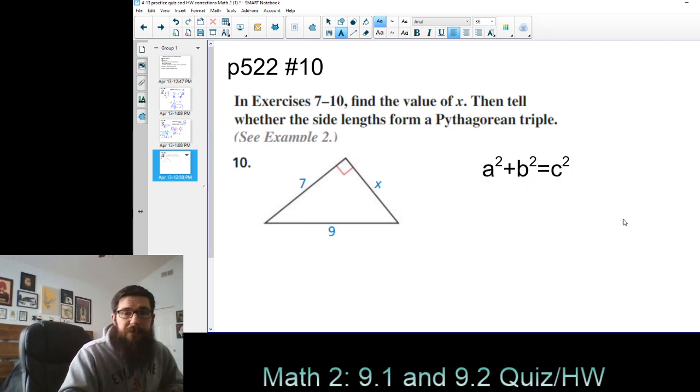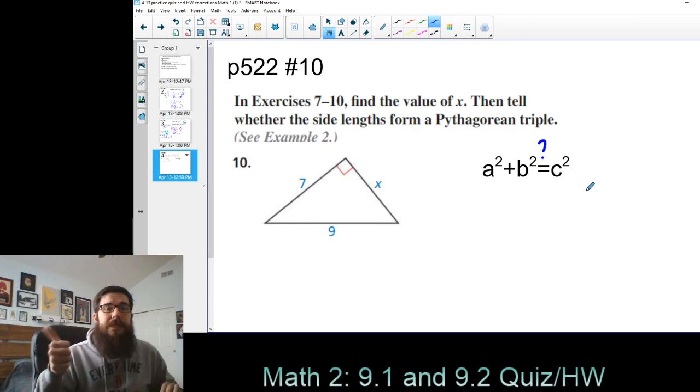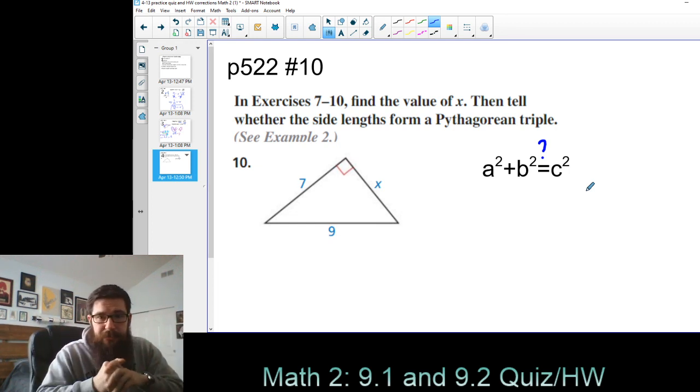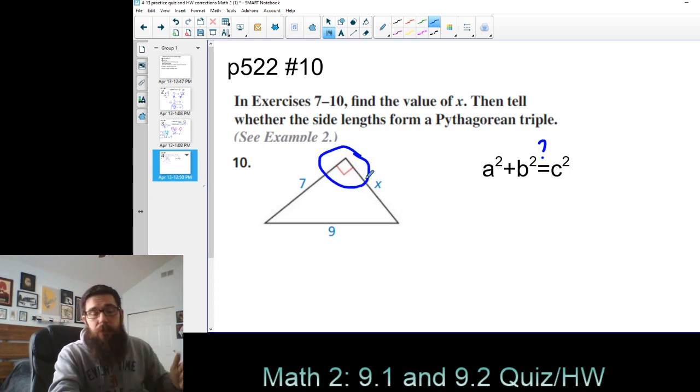Okay, there's the Pythagorean theorem. And when I was doing the sort of lesson for this, I wrote that little question mark here that basically said, is this true? If I get 2 numbers that are exactly equal, that's basically testing if it's a right triangle. Since we're solving for x and we already see right here that this is a right angle, I know the whole shape is going to be a right